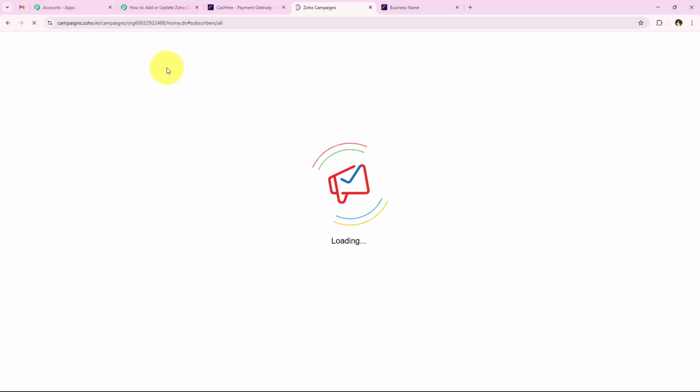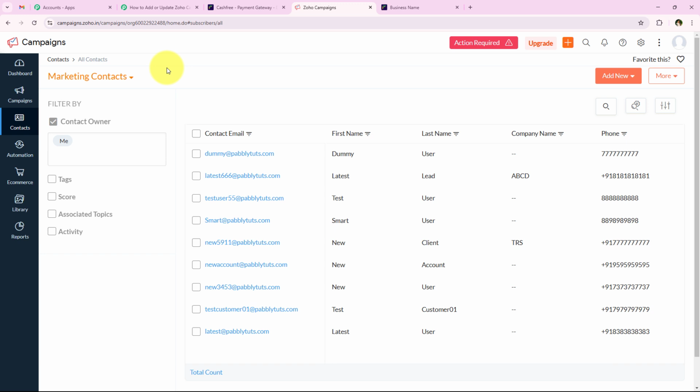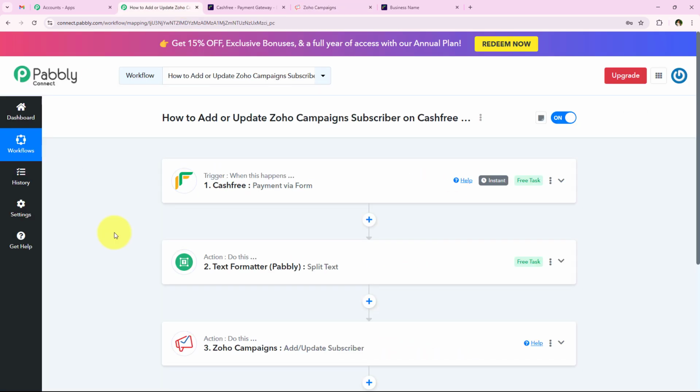So now I'm just going to open my Zoho Campaigns account and we're going to refresh this contacts page in order to check if a new subscriber has been added or not. And yes, you can see a new subscriber has been added. You can see the contact email which is dummy@pabblytudes.com. You can see the same first name and the last name and the phone number which we entered. So yes, with this we have successfully completed our